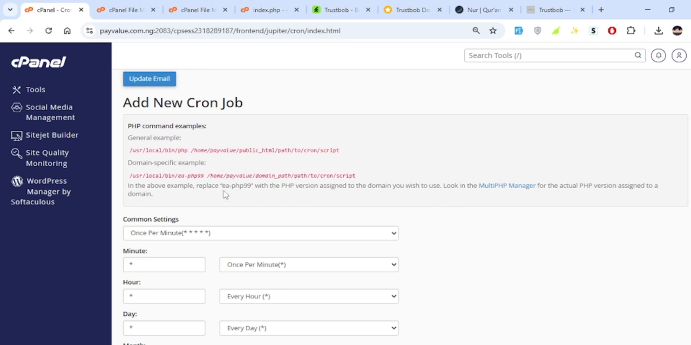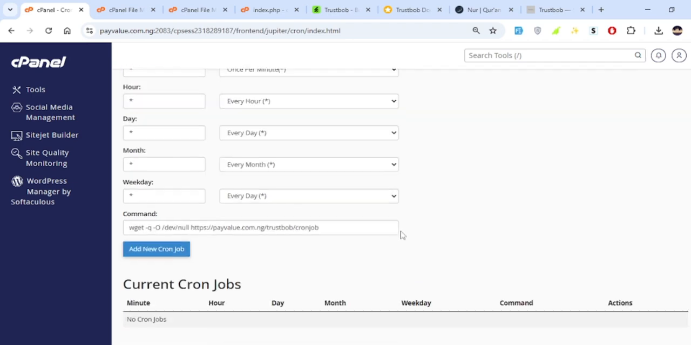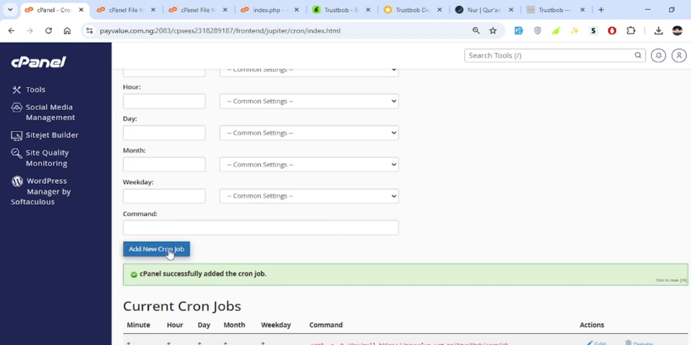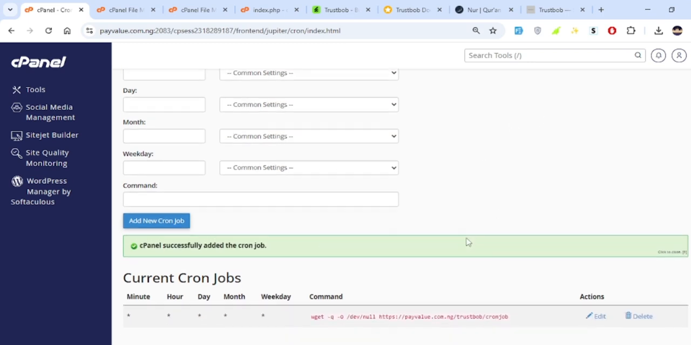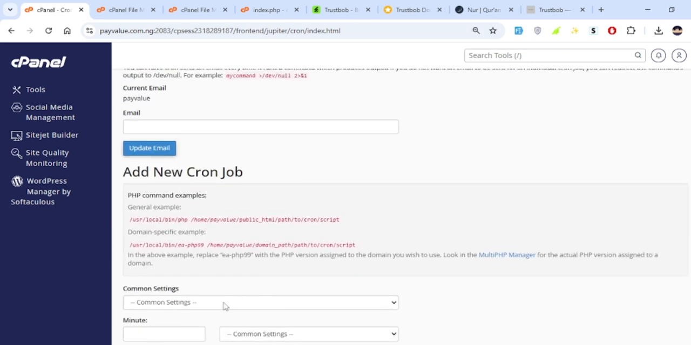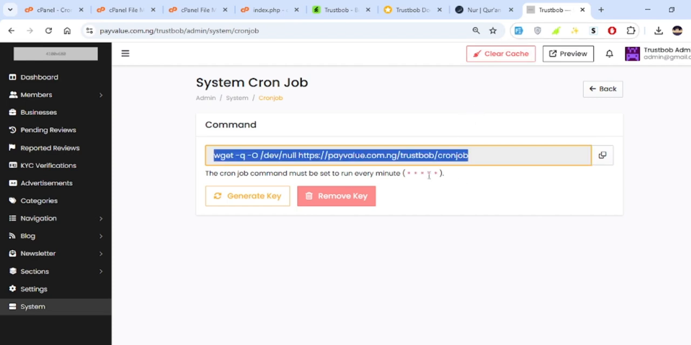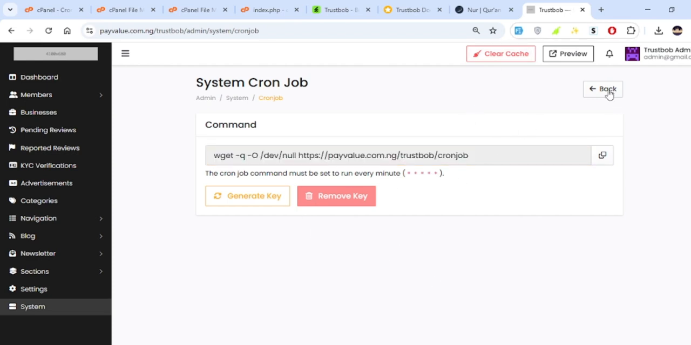So now here we have to use this specific URL. Okay, let's see. It is even like this. Let's leave it like this and try to set it up. So cPanel successfully added the cron job now. So it has enabled per minute as I have set over here. So the next step is to